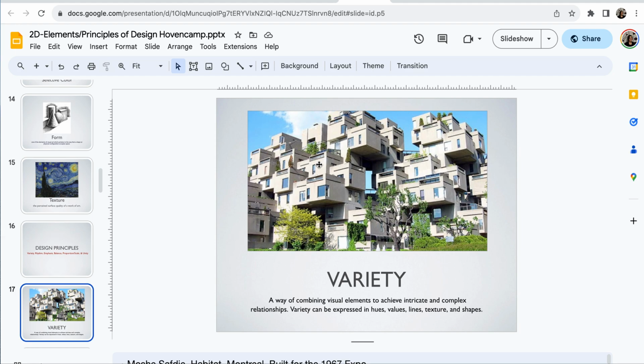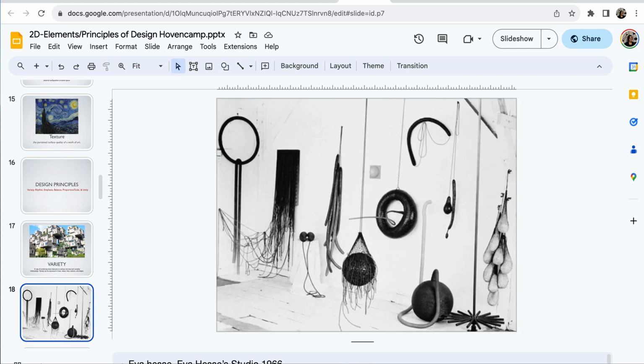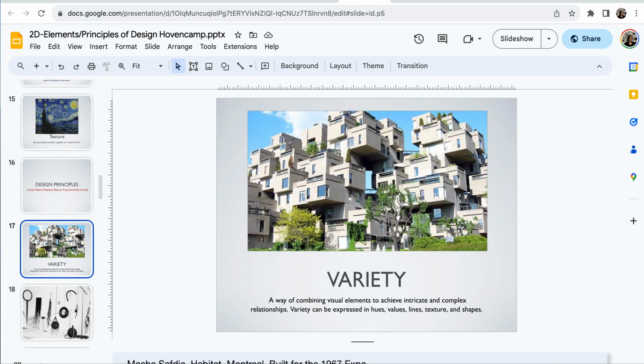So when you have a figure, maybe you want to duplicate that figure and have it in a different position, or have one shorter, one larger. So variety can be achieved by moving things around on the page, moving images around, several different ways. Variety can also be achieved with different shapes, but then all united by one thing. So in this image, these are all this white building being repeated in various different manners,